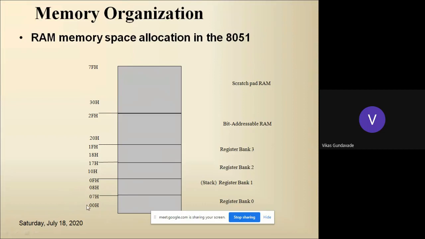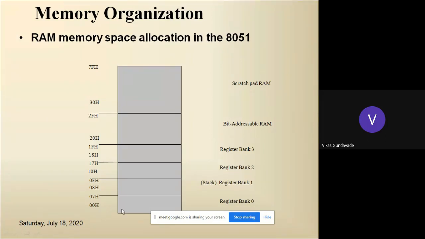For every memory, always keep in mind that memory is represented by a specific address. If this is a 128-byte memory, then it is represented starting from 00 to 7F. This 00 is not actually the data which is available in the memory, but it is the location which is pointed to by a specific address.